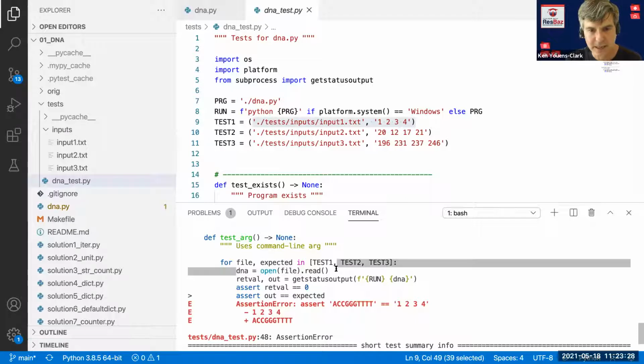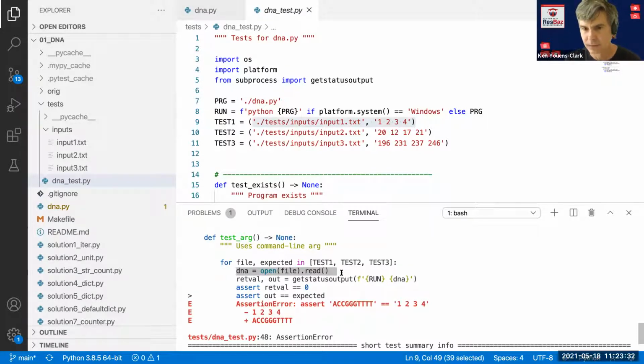I'm opening that file and I'm reading it, which is the same code that I showed you just a bit ago. And I'm running the program with that as the argument from the command line. And I'm asserting first off that the return value from running that is 0, and that also the output from the program is what I expected. Are there any questions on that?